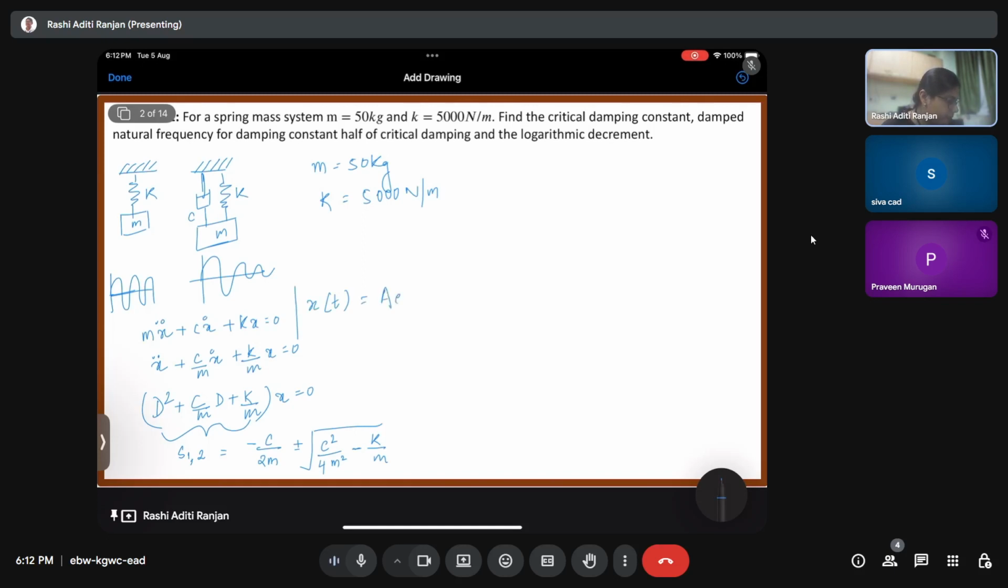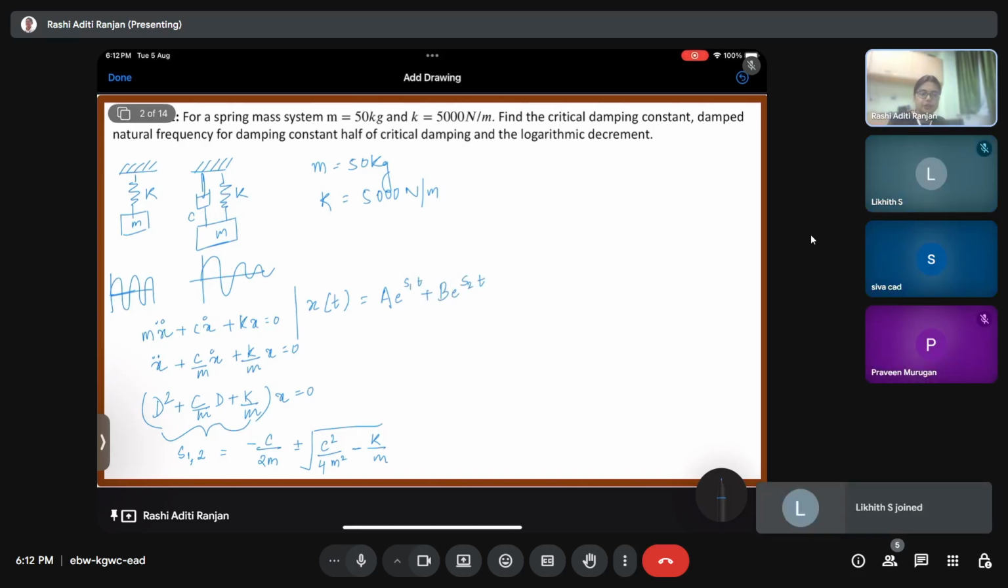a e to the power s1t plus b e to the power s2t, right? This is what comes from the concept of ordinary differential equations. Okay, so this is what we get as roots. Now, when we analyze this, we get that the term that is inside the under root, if it is